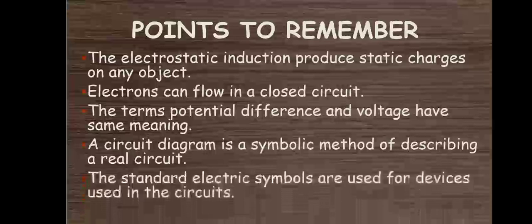There are different components, different devices used in different circuits. They are also called components of the circuit, and some standard symbols are used for each of that device to draw the circuit diagrams. For example, battery has a symbol, capacitor has a different symbol from battery, then resistor is another component which will have a standard symbol. All of these devices have standard symbols so that one can easily interpret the circuits.